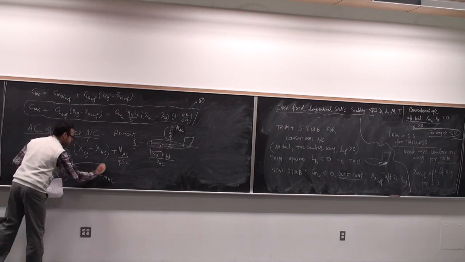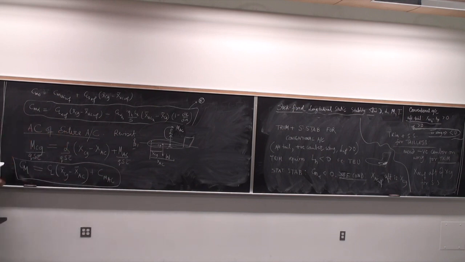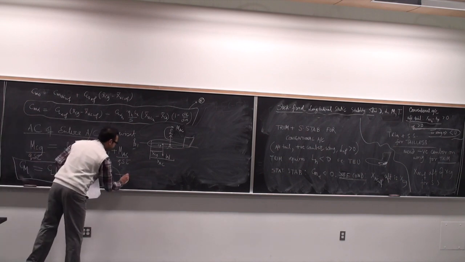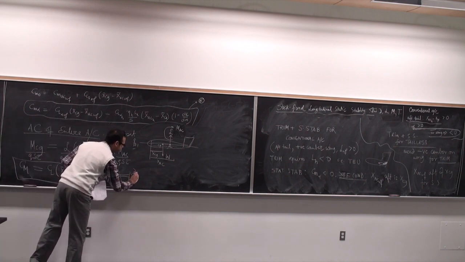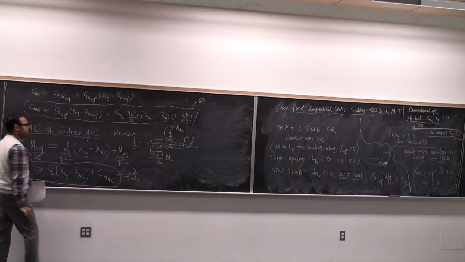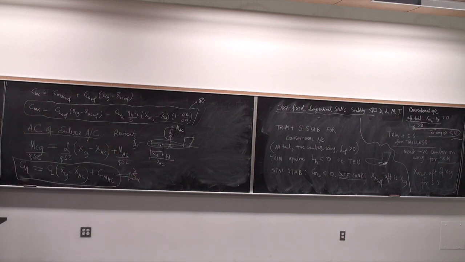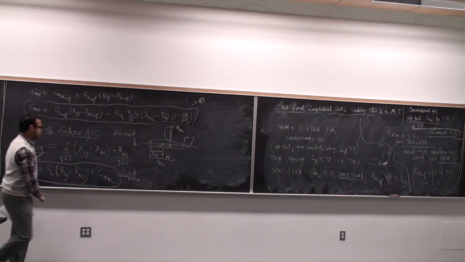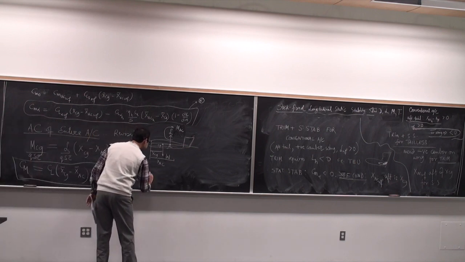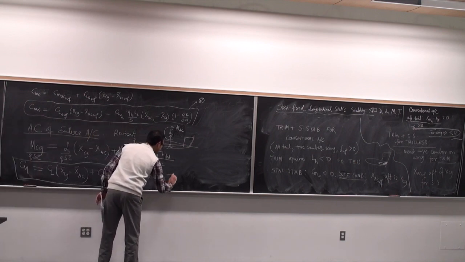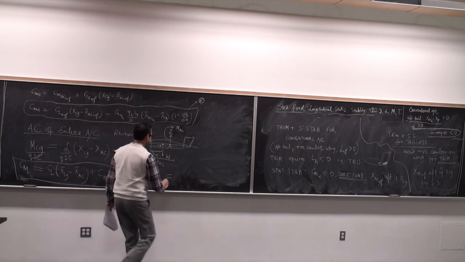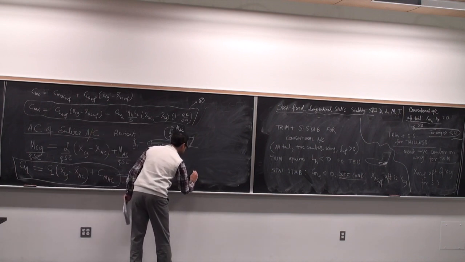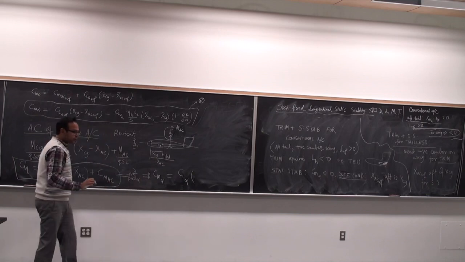That's a very handy expression. Because now I can differentiate with respect to alpha, d alpha of both left and right hand sides, and we get that Cm alpha is equal to CL alpha times from here